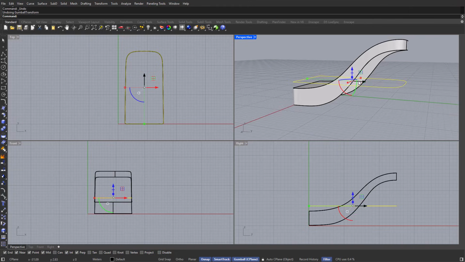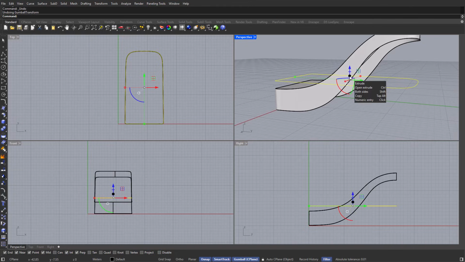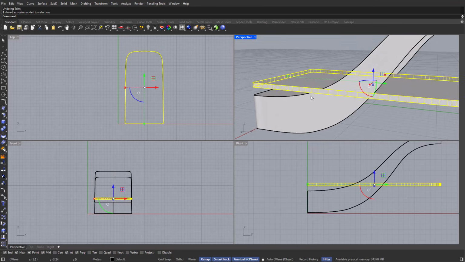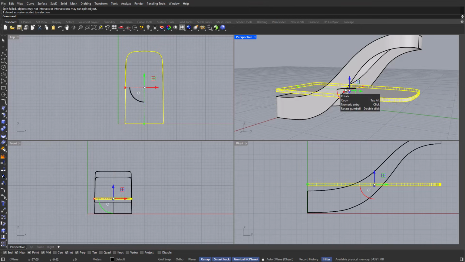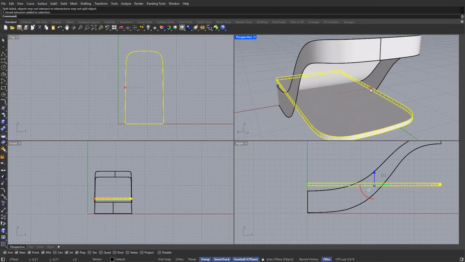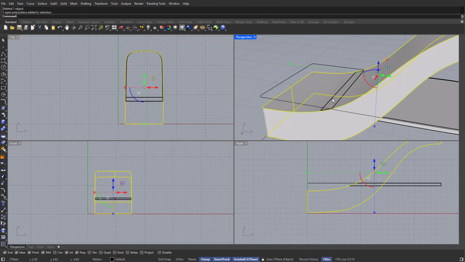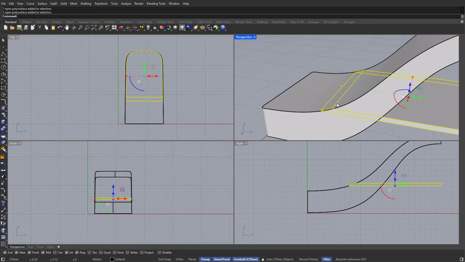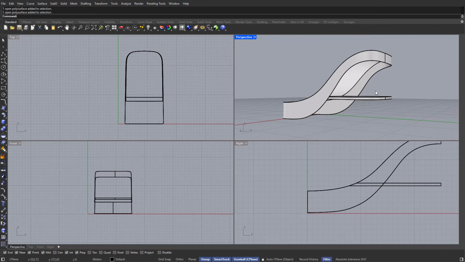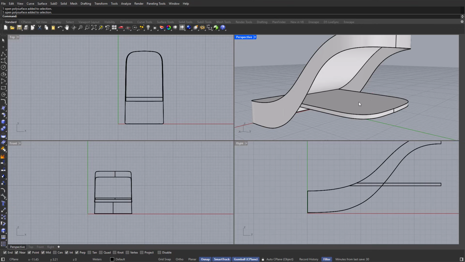Now we need to give it a thickness, and that's pretty simple with the extrude tool on our gumball. This is going to be negative 0.5, and obviously I don't want the slab to be sticking out like that, and again we need to make sure that it's actually going through the whole object. So split, and there we go, we managed to get rid of that piece. Let's also clean up the model a little bit. Now we have our initial geometry, and the only thing left to do is to